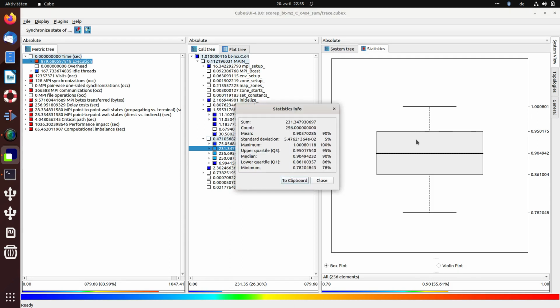If one clicks on it, one gets statistics information, gathered as a table. So there is a sum, the total number, the sum of all values over the system tree, and the number of these values. So one can build the average simply by dividing one by the other, and one gets this mean. The 90% shows how much that is out of the